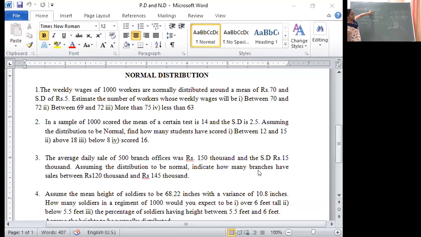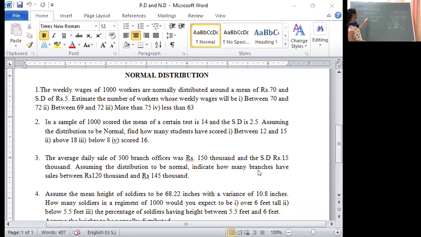Again, I am repeating: exactly 16 is a continuous interval, x lying between 15.5 and 16.5. Substituting 15.5 in the formula you get 0.6, and substituting 16.5 you get 1. That means z is lying between 0.6 and 1. From the normal distribution, this portion from 0.6 to 1 we need to find out. That's why we take the entire portion from 0 to 1, and whatever portion is repeated the second time, we subtract. So you get 0 to 1 minus 0 to 0.6. It is repeated, that's why you have to exclude that area.